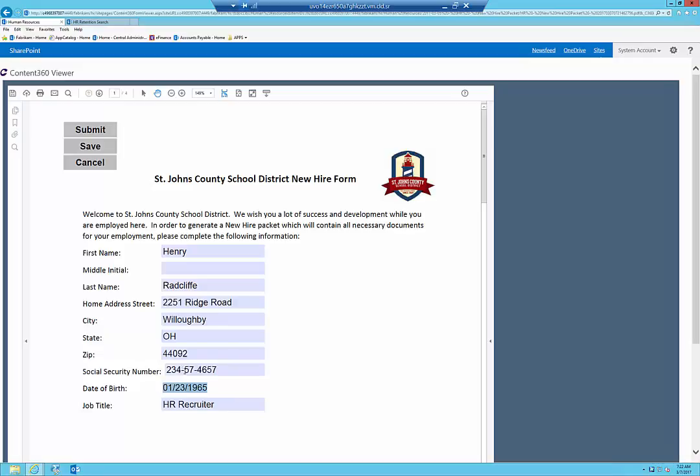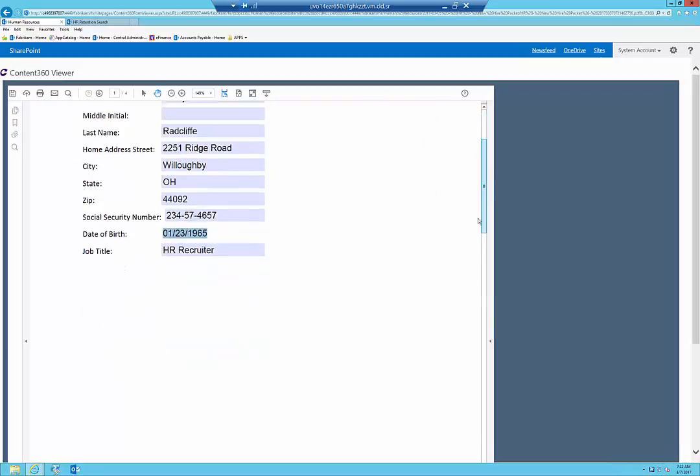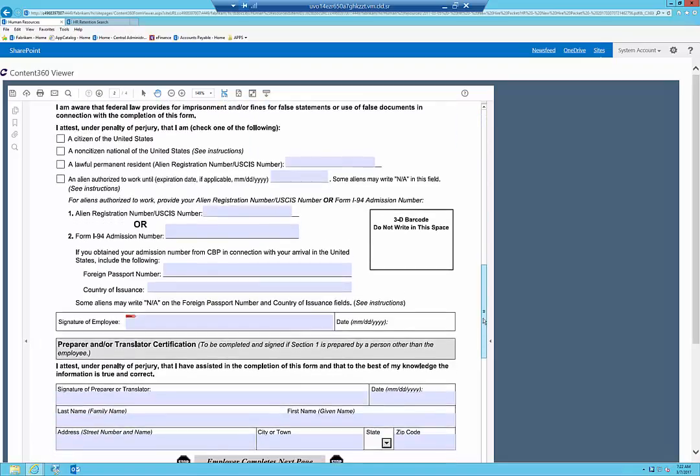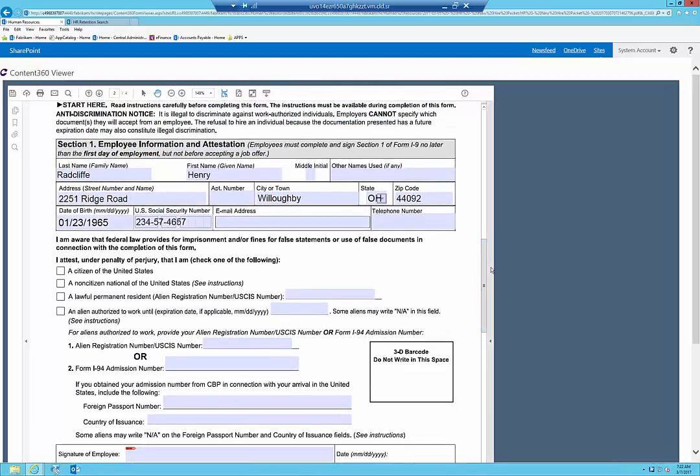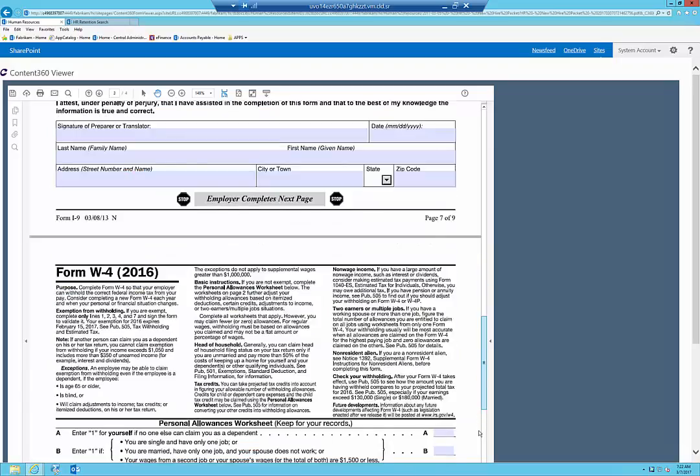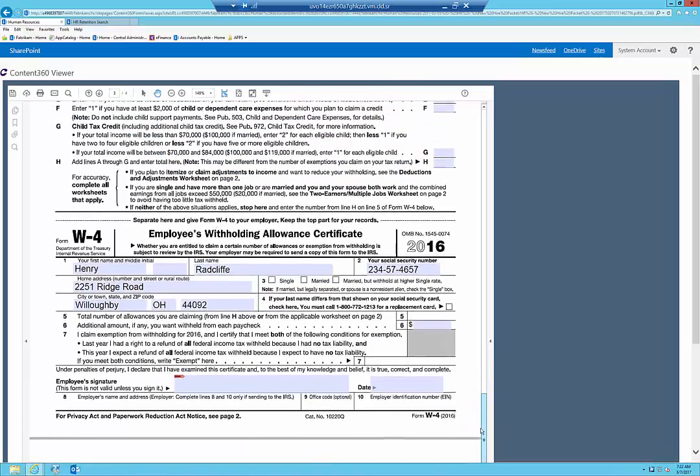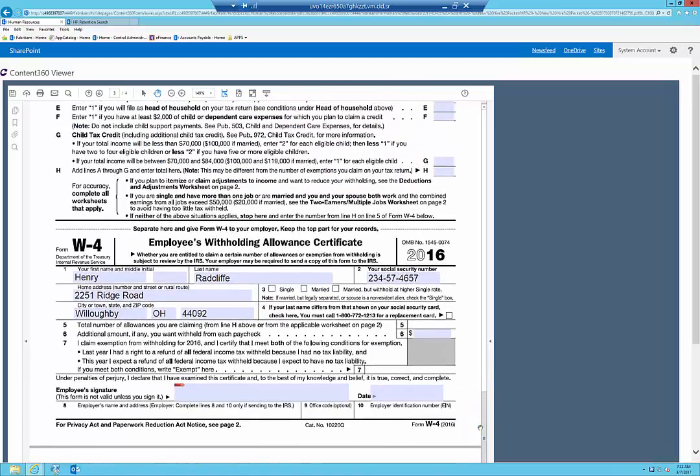By grabbing that data and pre-populating it into the form itself using similar functionality that we're using on the indexing side for auto-populate. So again, by keying in an employee ID or something else, we're able to grab much more data and then populate and fill that into the subsequent forms. So that really improves our data capture effort. Again, making sure that Henry doesn't enter if he's called Hank Radcliffe, right? Because then I've got a problem with data error matching up, and it just improves the overall flow of how we're working with